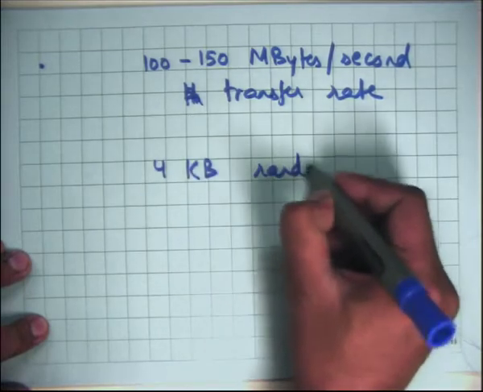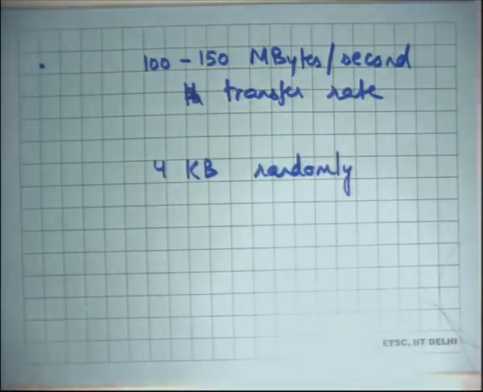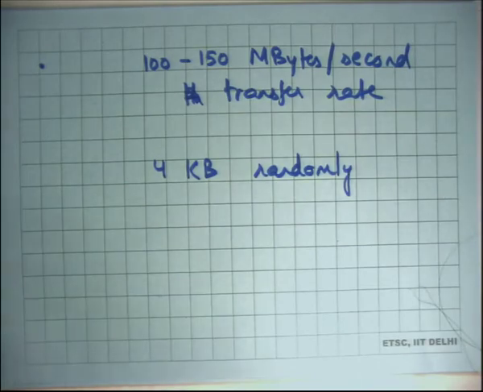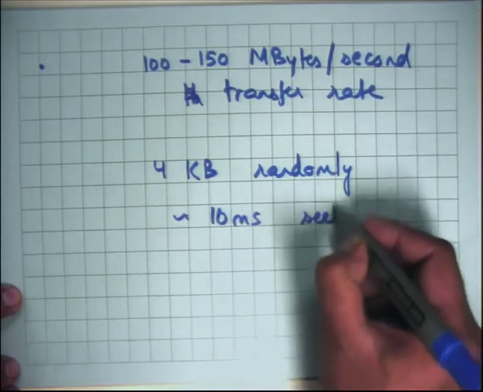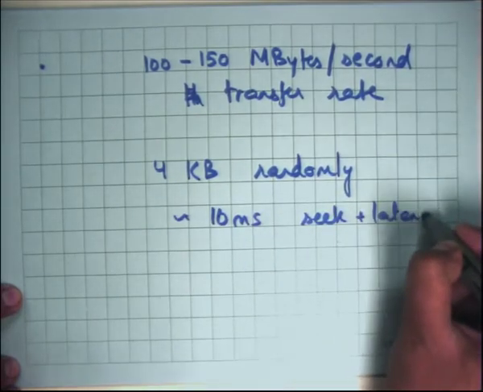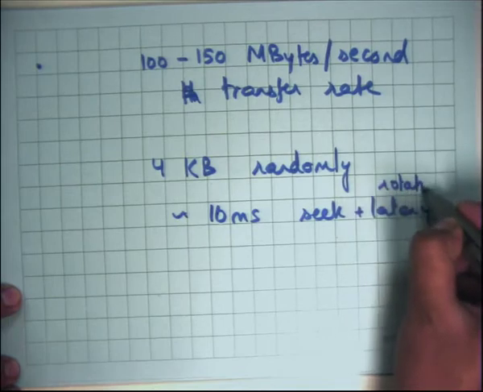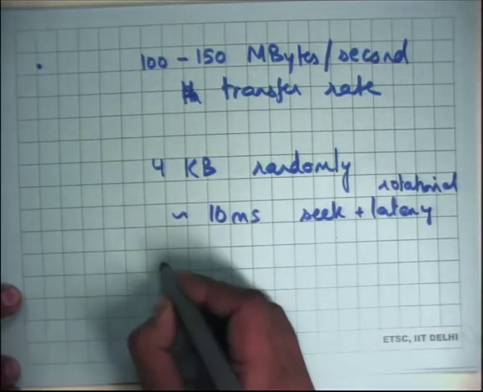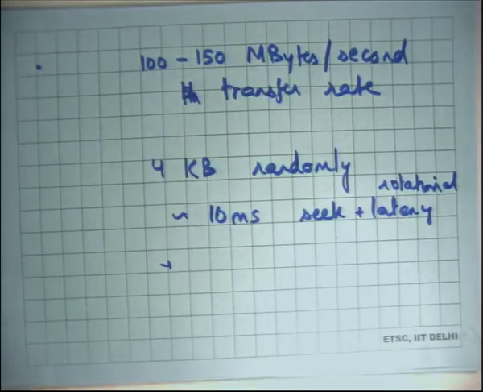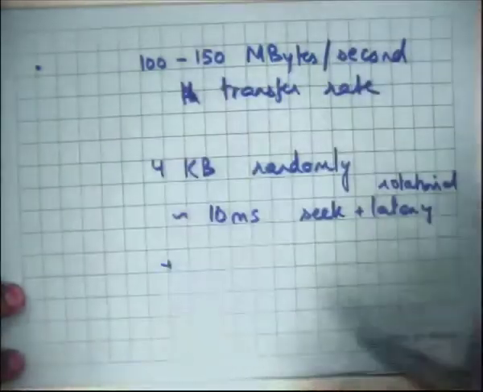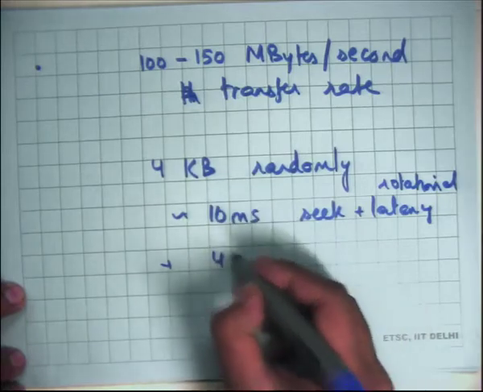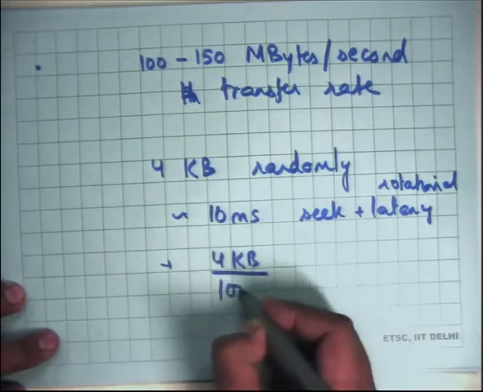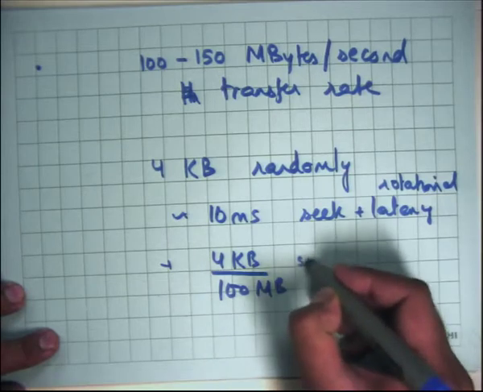randomly from somewhere, I have to actually do seek and latency, then I'll have roughly 10 milliseconds of seek plus latency, where by latency I mean rotational latency, right. Plus there will be some data transfer time, which will be the time it takes for 4 kilobytes to go under the head, and assuming 100 to 150 megabytes per second, 4 kilobytes will probably take 4 KB upon 100 MB per second, right. So that's